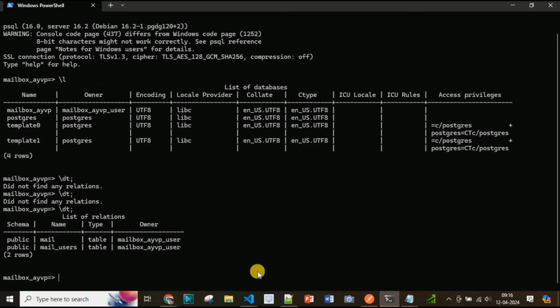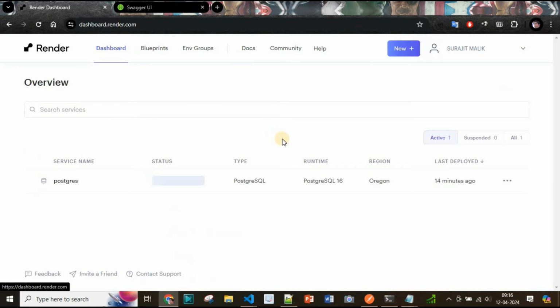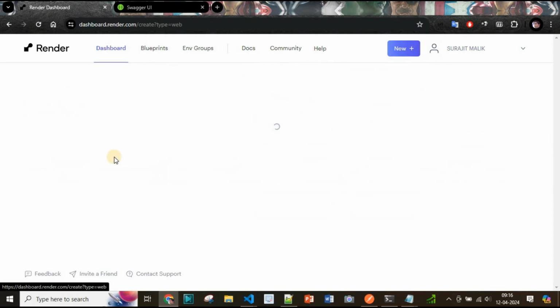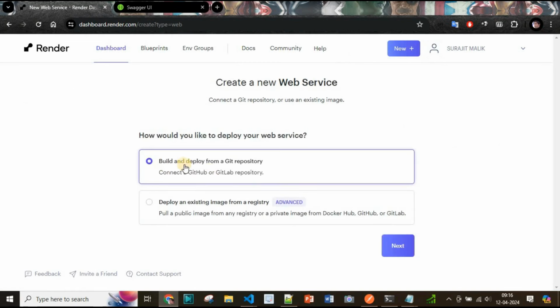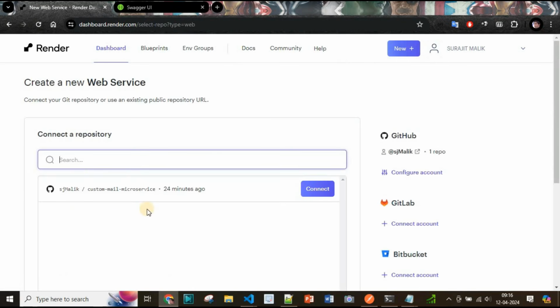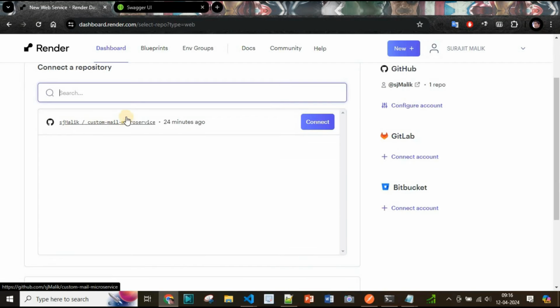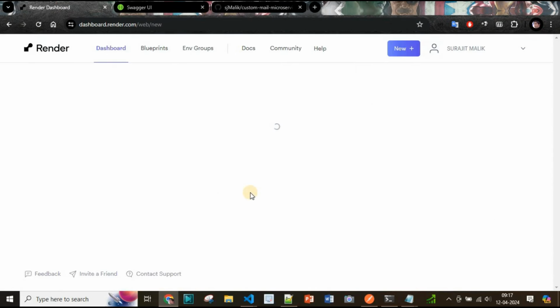from the application. Now in the Render dashboard, I will create a new web service, and here the web service builds and deploys from a Git repository. I will connect my Git repository. I already connected the Git repository, so this is the custom mail microservice I have, and this custom mail microservice I want to deploy. So I will connect,